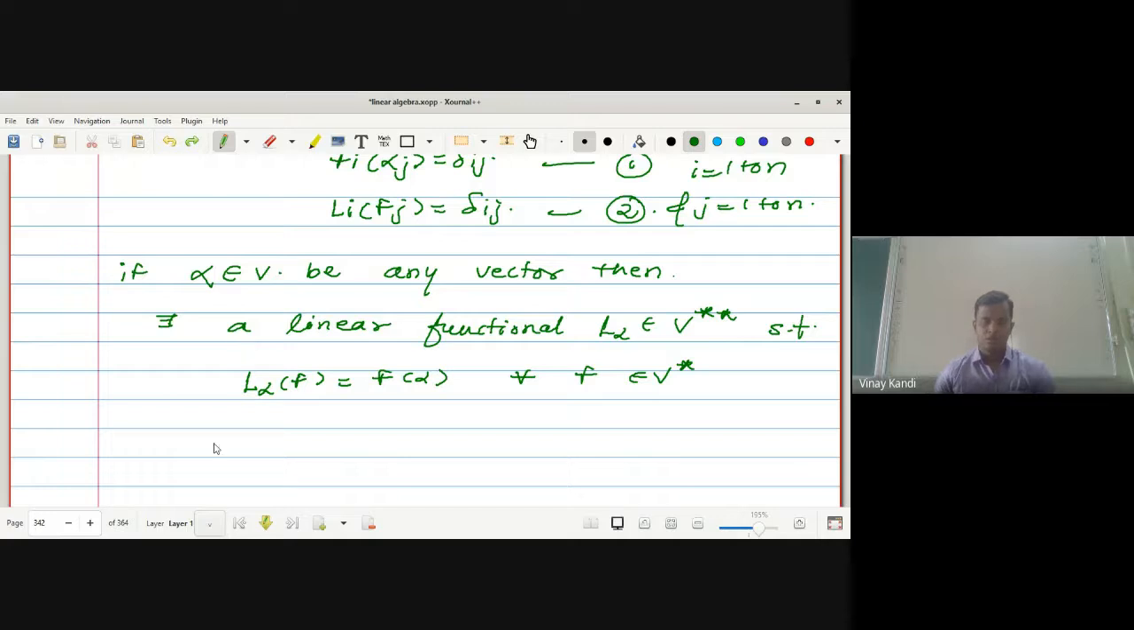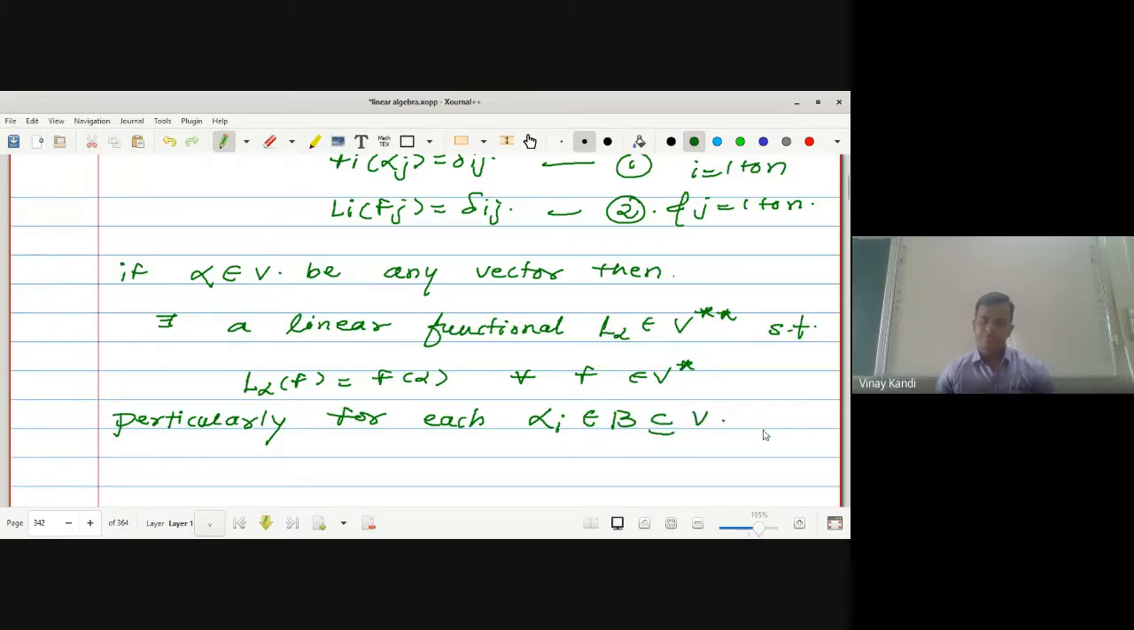Particularly, instead of alpha, take alpha i. Why? Because alpha 1, alpha 2, alpha 3 is the basis for V. So particularly for each alpha i, which belongs to the basis, which is contained in capital V, there exists